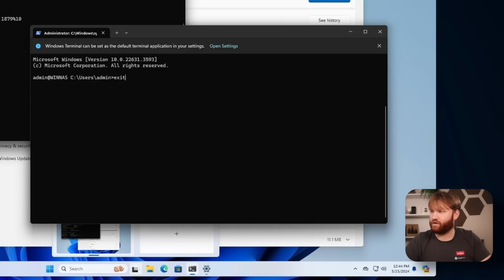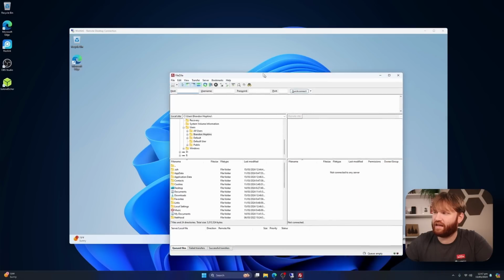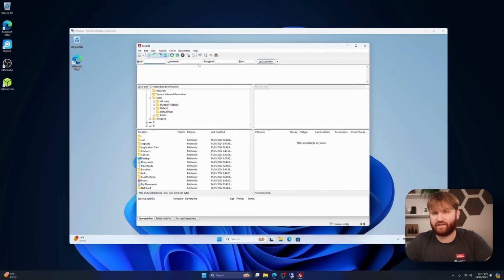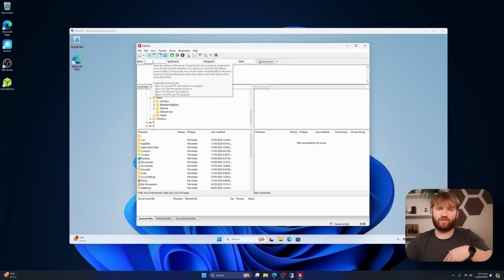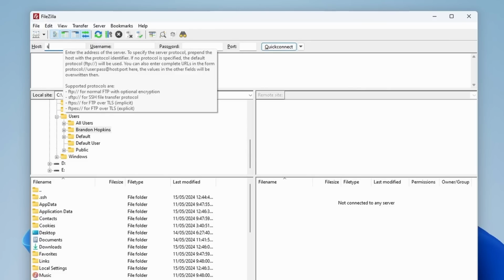If you hit exit, you can go ahead and log out. And I'm pretty sure we could connect with just the host name as well. So WinNAS, sweet, cool stuff. So that's how you can remote into it with SSH from other machines if that's something you would like to do. But adding that OpenSSH server also gave us access to SFTP, which is another way to connect and mess with the files. So let's make sure that works.